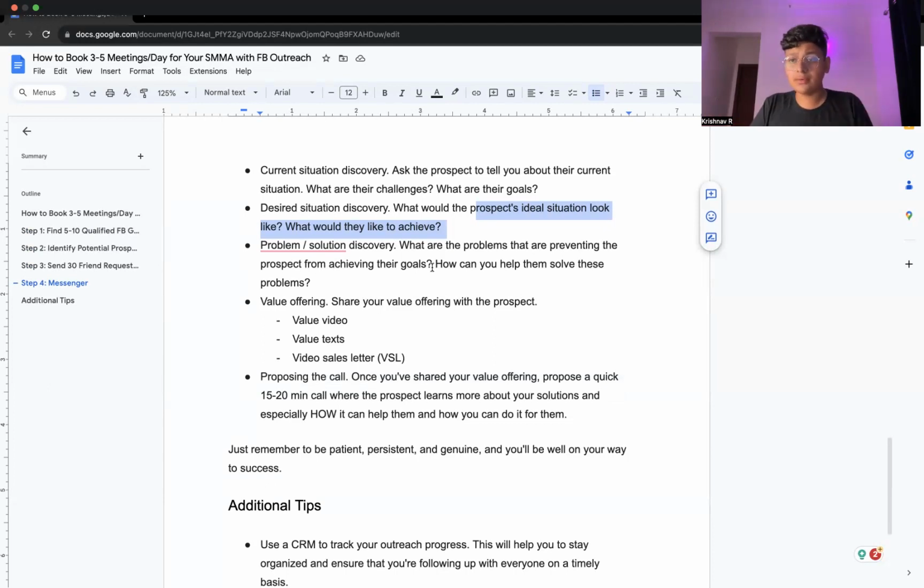But just to give you a hint, how we are going to phrase this is, we as an agency have the expertise, you just need to outsource it to us, right? So that you as a business owner can focus on the core aspects of the business, for example product development, sales, customer delivery, etc. That's an angle you can take as a solution discovery. Okay, but once you've discovered this, that's when you do the main value offering.